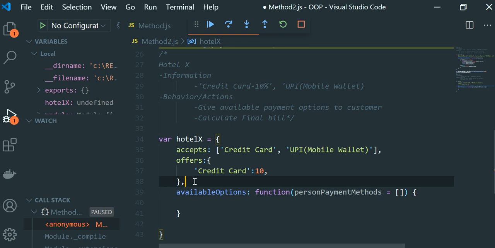So in this method we are going to compare the payment information the customer has given to us with the offers we have in hand, and what we accept. Suppose the user has given something which we don't accept, then we can't give the final payment option to the customer. So what is the input? The input will be what the customer gives,